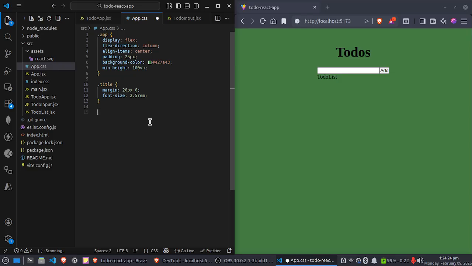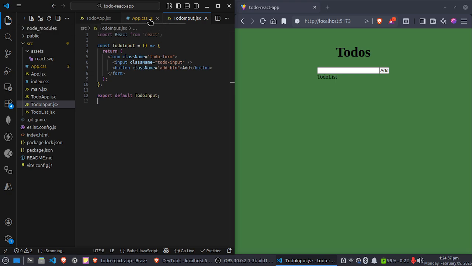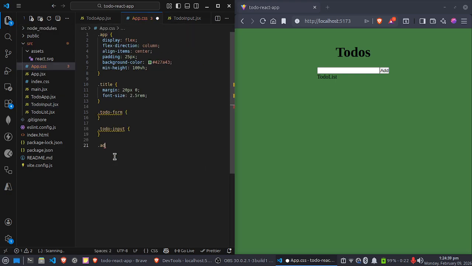Perfect. Now let's style the to do form and to do input, and the last one is the dot add btn. So first,